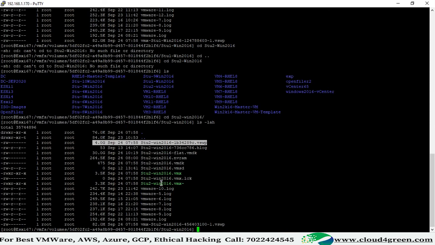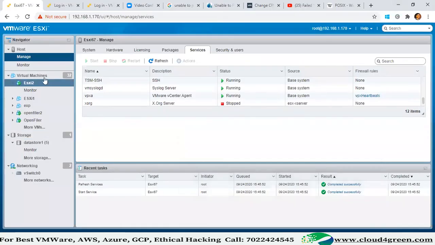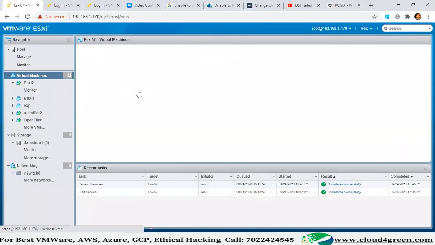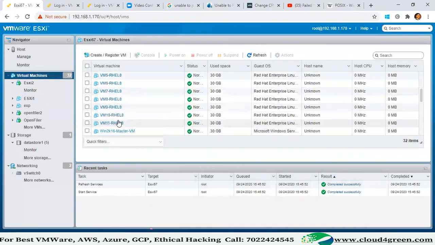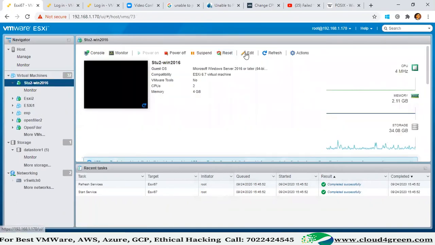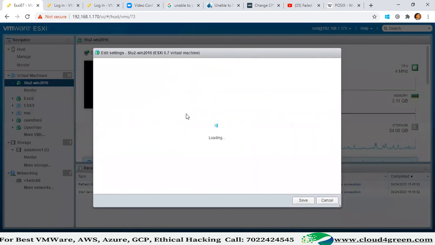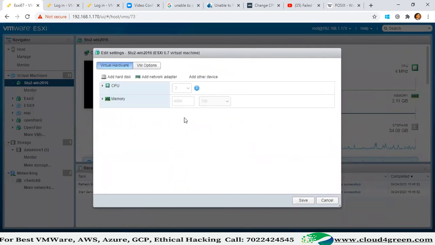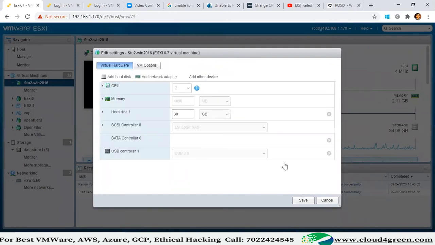Example, for this machine, let me check what RAM size I have. How much RAM have I assigned? Student 2 settings: 4 GB only.